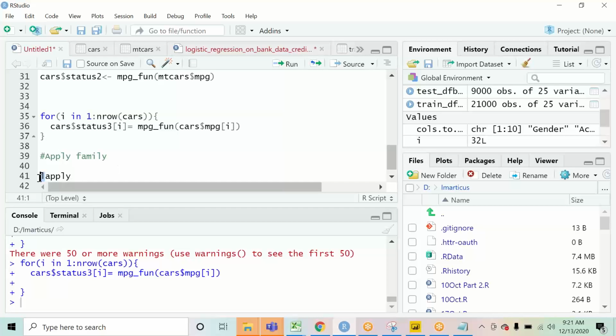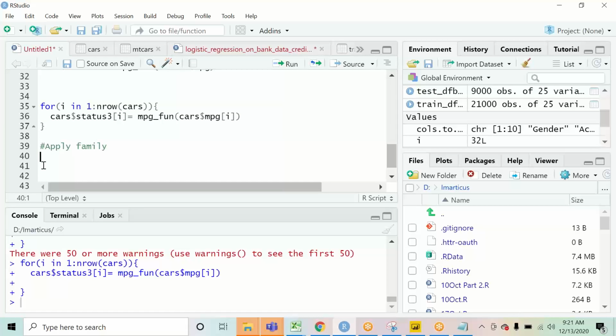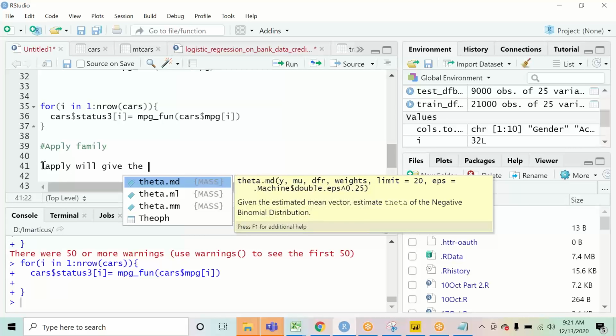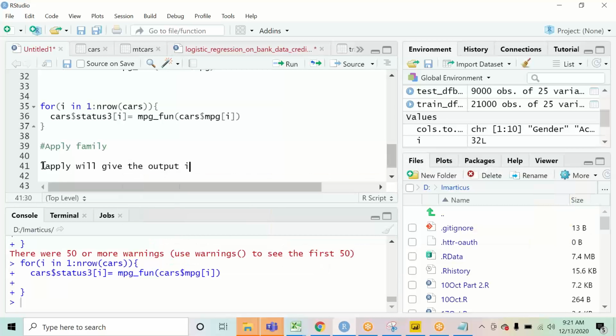Okay, L stands for list over here. So the output that you get from lapply will be in the form of a list. Okay, that is the way it generates the output.